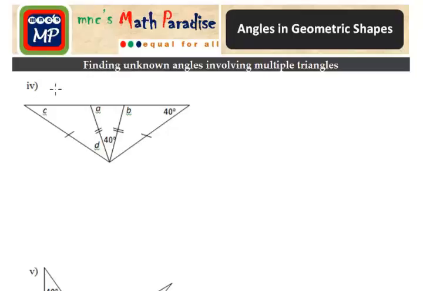So let us do more examples on finding angles involving multiple triangles. In this example, we need to find angles A, B, C and D. So this arm and these arms are equal. So if we consider this exterior triangle, where this arm and this arm are equal, this one is given C and this one is given 40